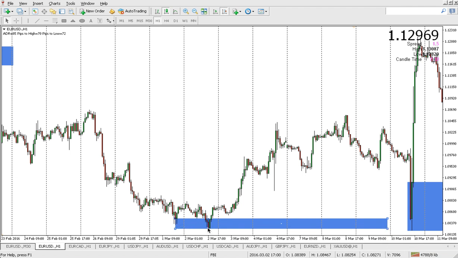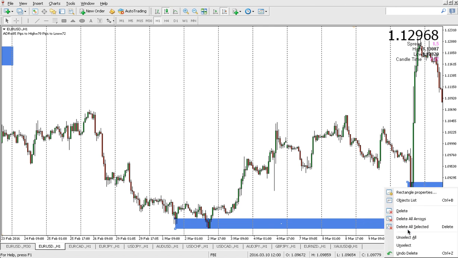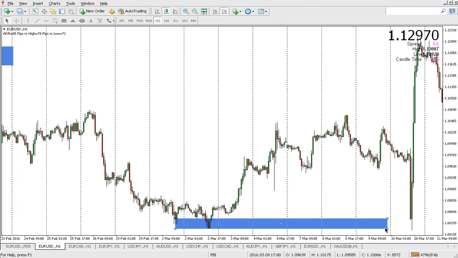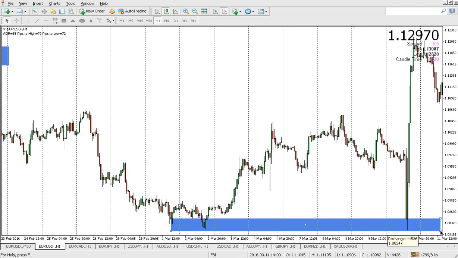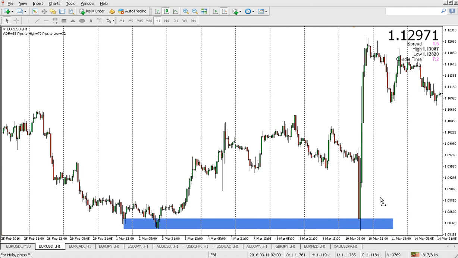All right, so dragged it from here to that bottom. If I was to extend it all the way to the future, let's just delete this one right here. If I was to have extended that all the way to the future, when price did go down to that low that day, for example, price shot all the way down, came back into that zone. From here to that low, it eventually went back down to that zone and it shot all the way back up just because it was inside of that area of demand and it couldn't go past that low, because if you get horizontal lines,